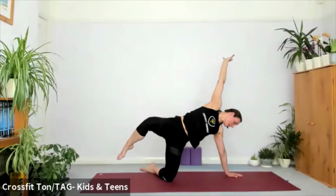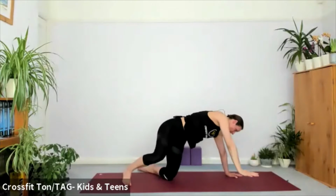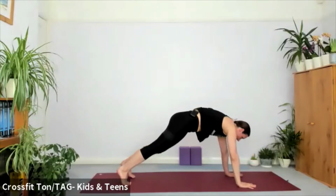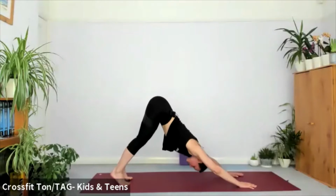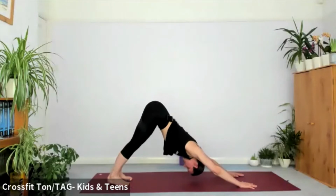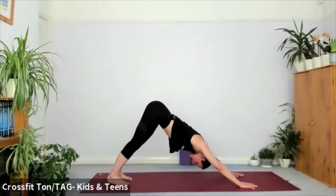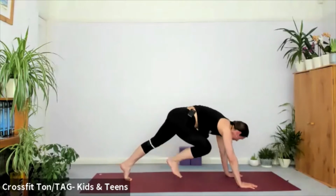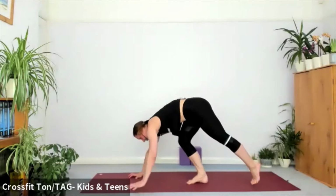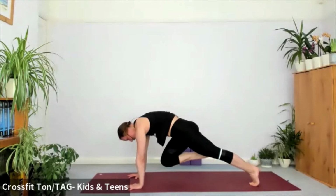Step back into high plank. Right hand down, step both feet to the back and push your bum up into downward dog. Take a big inhale. As you exhale, bring the right knee to the left elbow across. Tap your tricep. You've got another side plank if you want to drop the right knee under the hip or